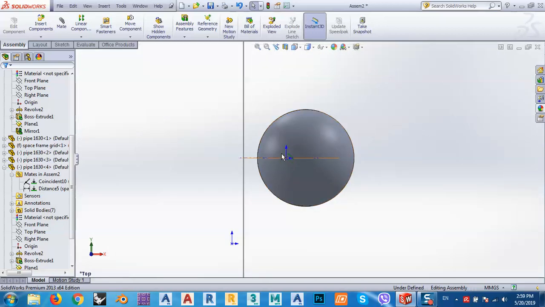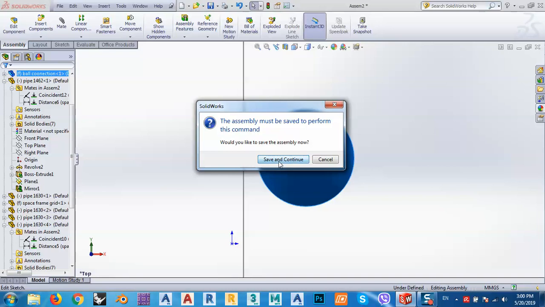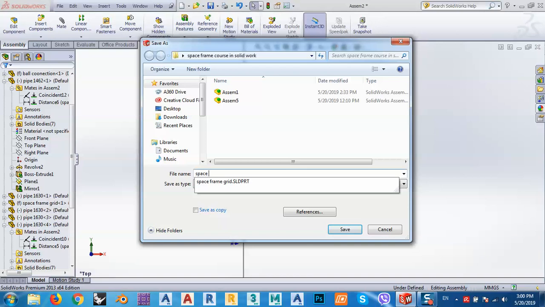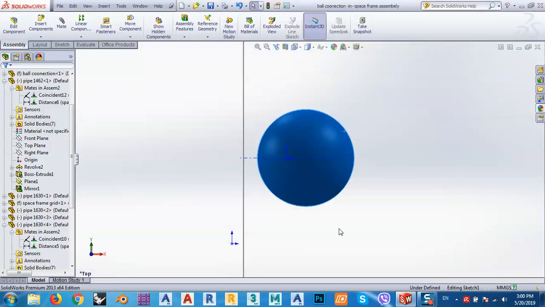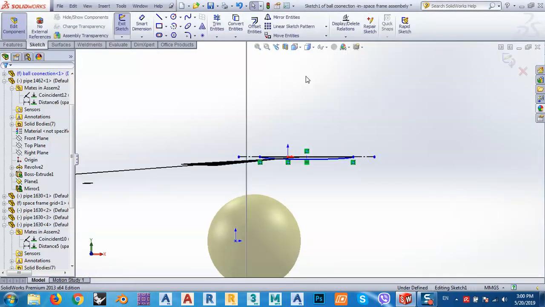This axis is not located in the middle of the ball, so I have to solve this problem. How can I solve it? By here, and I can edit sketch, save and continue. Yes, I want to save it, space frame assembly, save. Okay, I just say I want to save the file, and after that I can go to the side